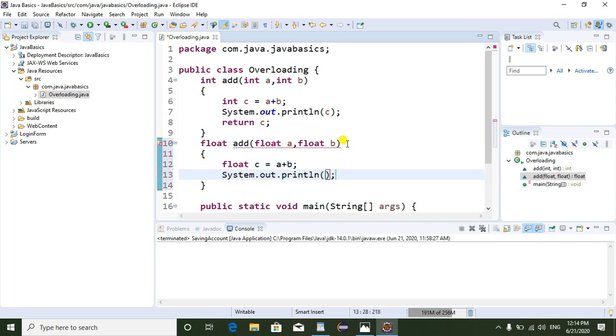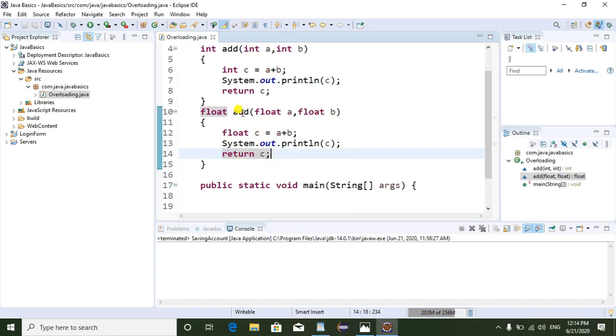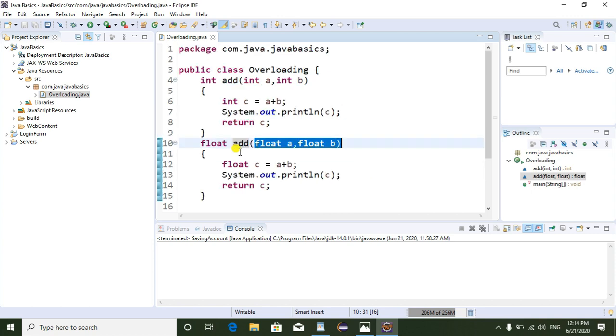I am going to print the c value, and return c. So here we can see I am using the add method to add two float numbers. So this is nothing but method overloading. If you want to overload any method, we can overload the method within the same class. But in case of method overriding, we have a parent and child relationship.